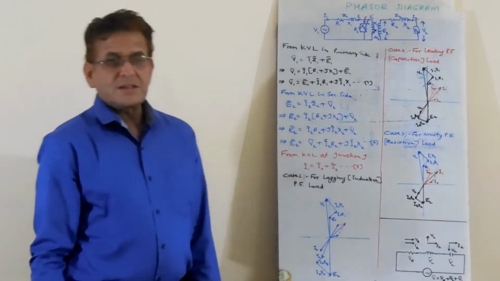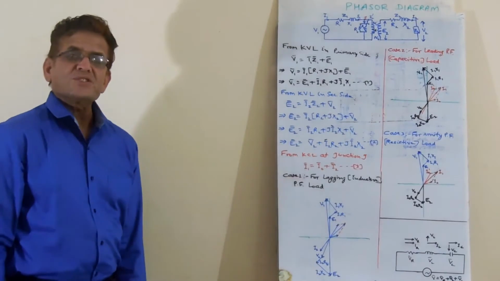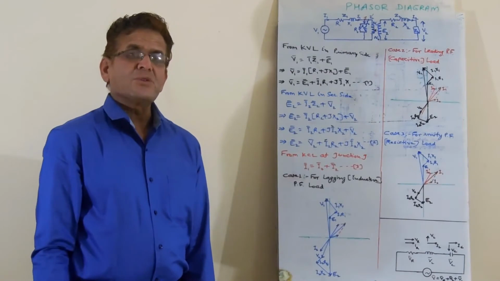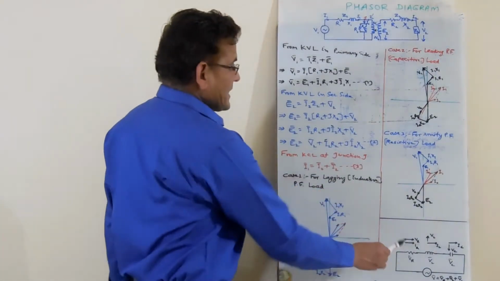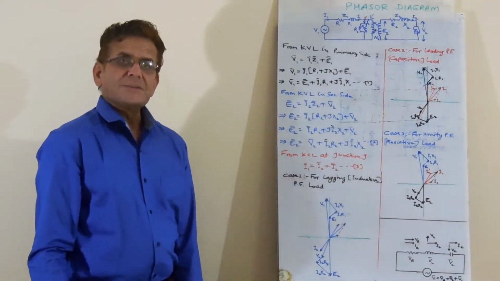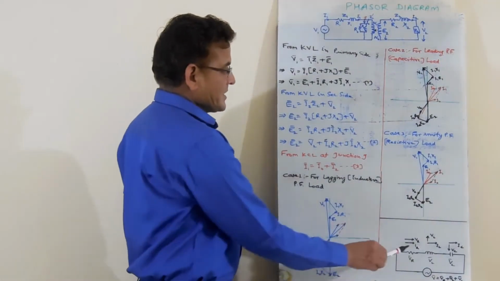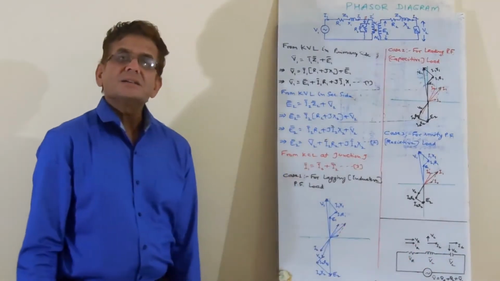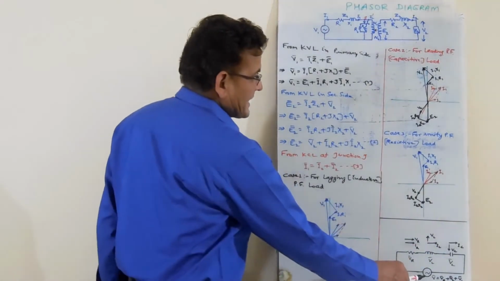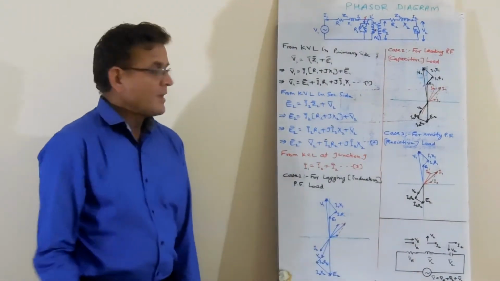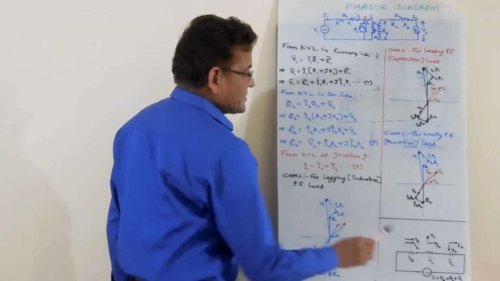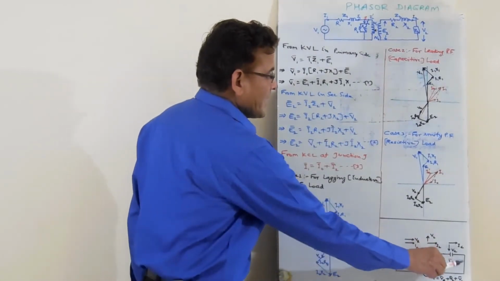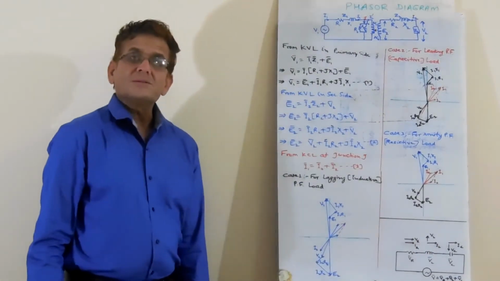Now we will draw phasor diagram of single phase transformer at lagging power factor. And before starting this phasor diagram, first we will consider this series RLC circuit. In this series RLC circuit, resistance R, inductance L and capacitance C are connected in series across an AC voltage source V. Current supplied by this AC voltage source is I, and it is same in all the three elements.